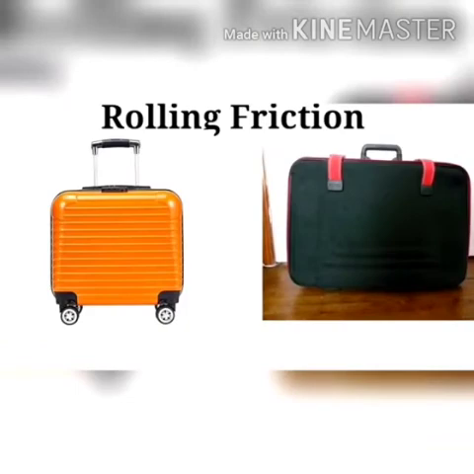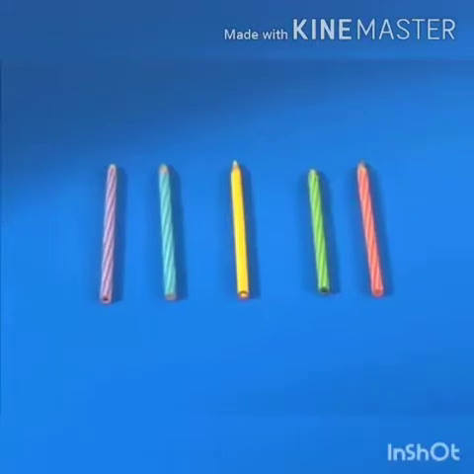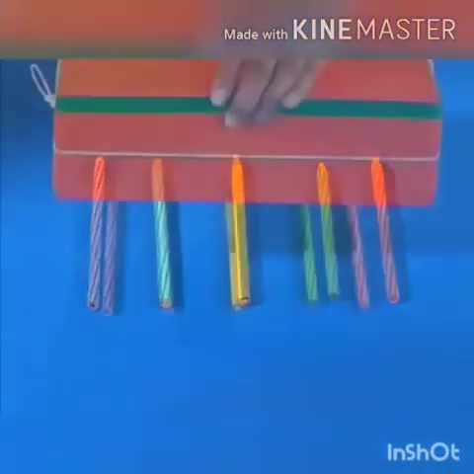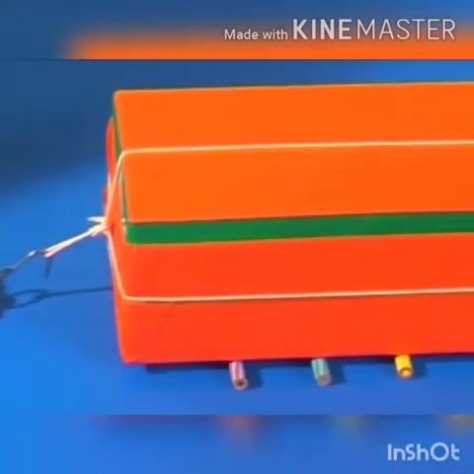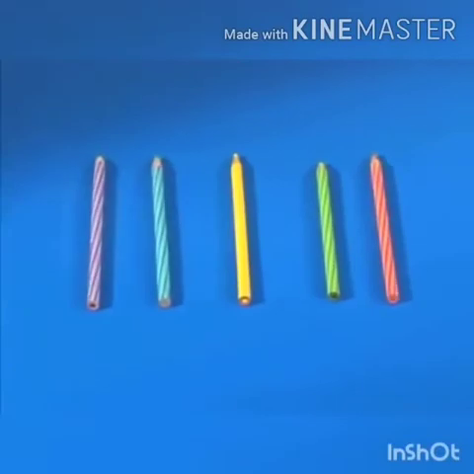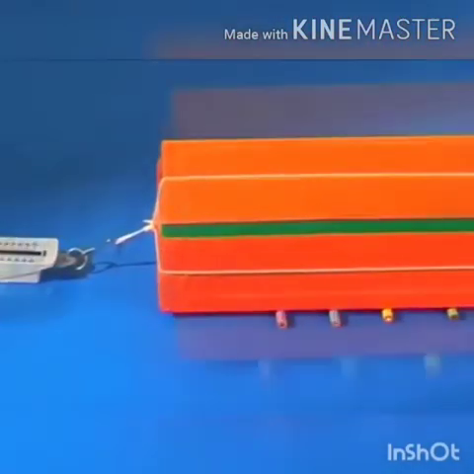When an object moves on a surface, it may slide on it, or it may move through rolling motion. In rolling motion, when a wheel moves on a surface, the point of contact with the surface is always at rest. Since the point of contact is at rest, there is no relative motion between the wheel and the surface. Hence, the frictional force is very less. At the same time, if an object moves without a wheel, there is relative motion between the object and the surface. As a result, frictional force is large. This makes it difficult to move the object.